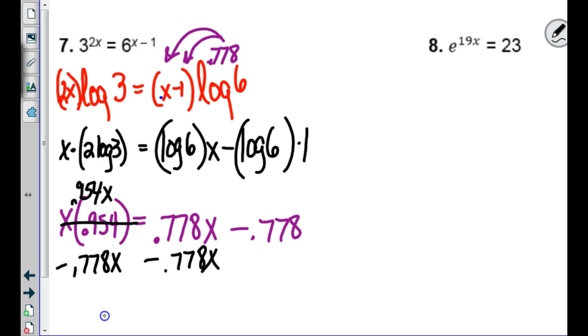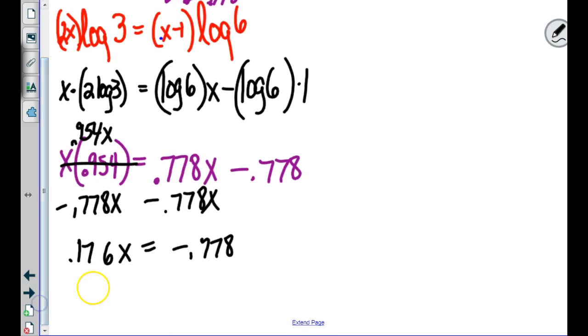Okay, someone help me. 0.176x equals negative 0.778, 0.186, how did I do? Okay, well, I was closer than I figured I'd be. 0.176, subtracted correctly, and then divide. X equals negative